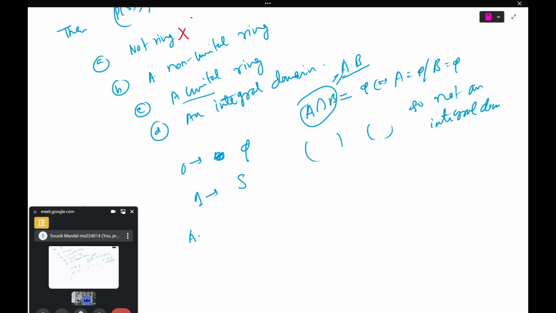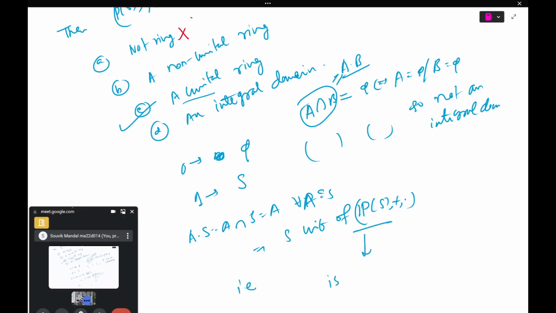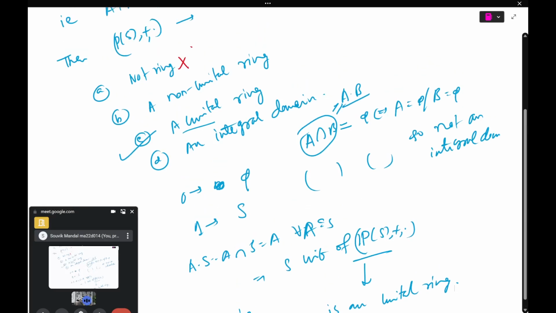Yes, because A dot A is A for all A subsets. So which is the correct option? Option. The correct option is